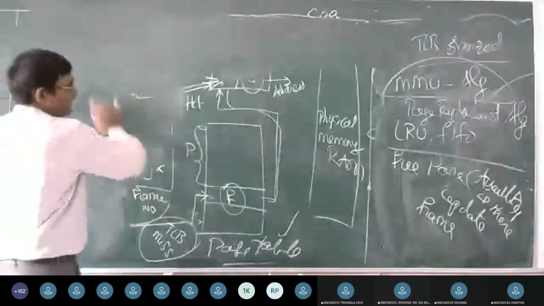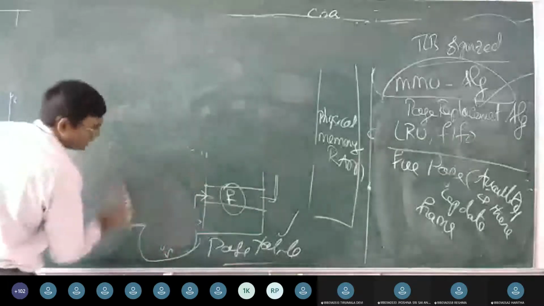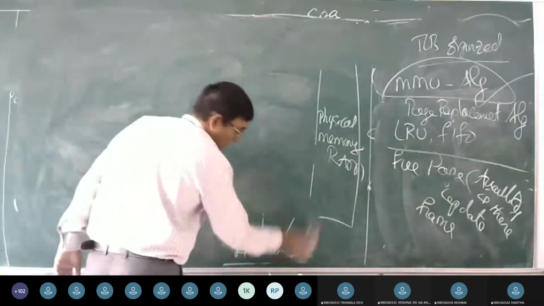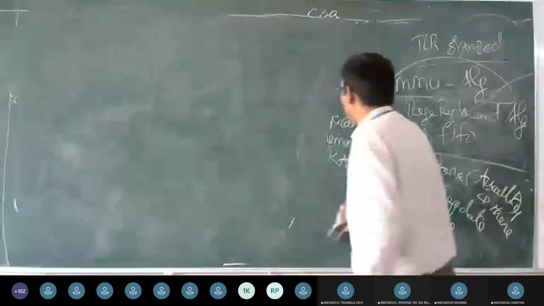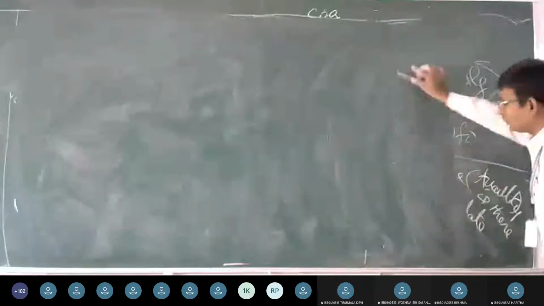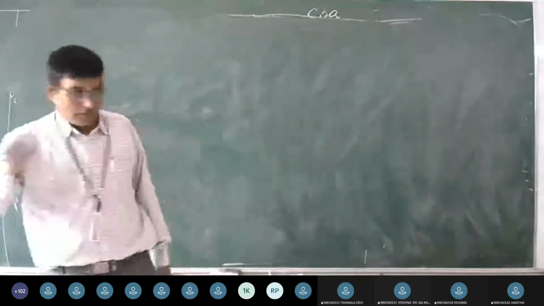So, association is going to happen between pages and frames. First of all, the CPU is going to search for an item in the TLB. If the TLB has it, then it is going to give it back to the CPU. There are no issues. We call it a TLB hit. If the item was not found in the TLB, that means there is an issue. We call it a TLB miss.